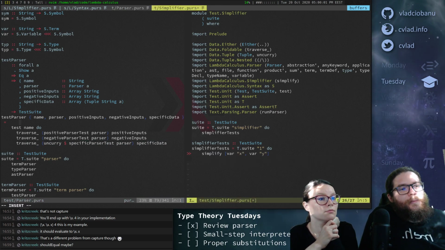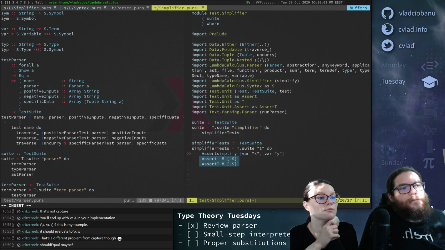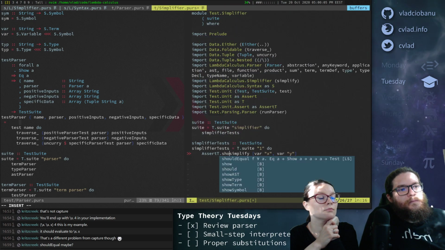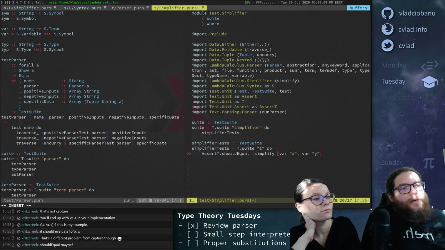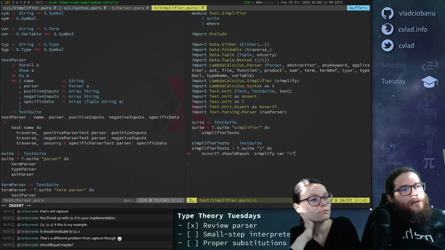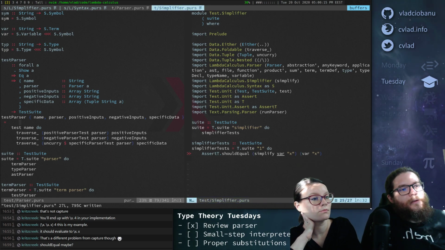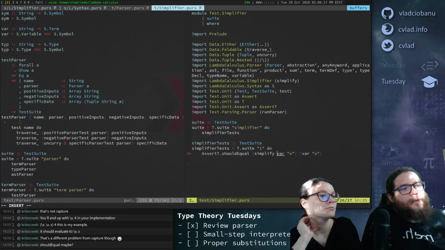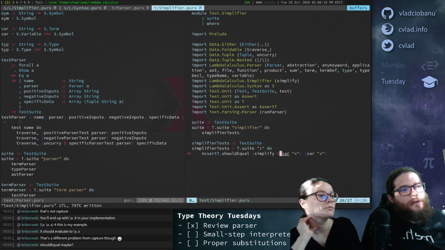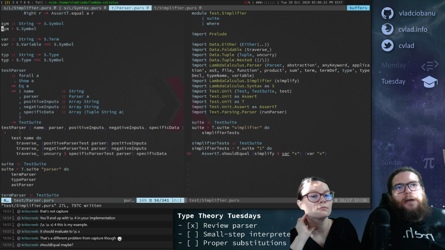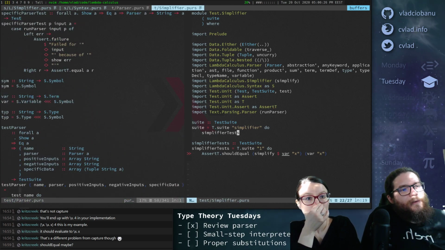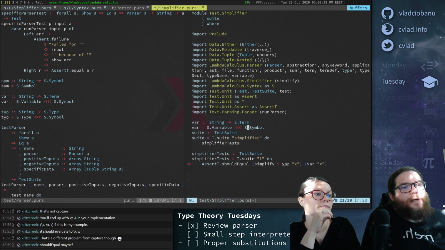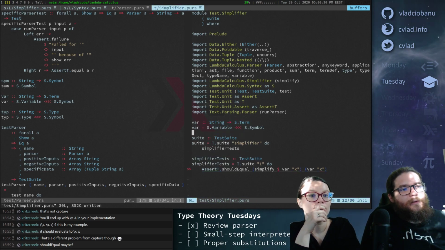So we should do something like, should we call simplify of var x with var x, right? I think that's the test. And then of course we need to give that, and it would be nice if these were okay. I'll just copy them for now, and later I will make a separate module, like a common module.